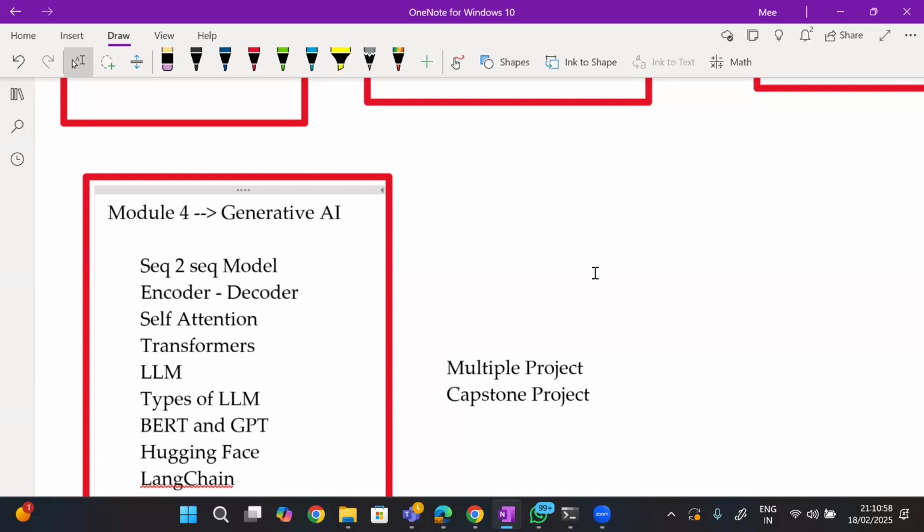Now I will ask you a simple question. Maybe 15 years back, in 2010 or so, no courses were offered by the IITs or the IIITs. Now all of a sudden, why? Cloud engineering courses are offered, data analyst courses, AI and data science courses, and artificial intelligence with generative AI are offered.